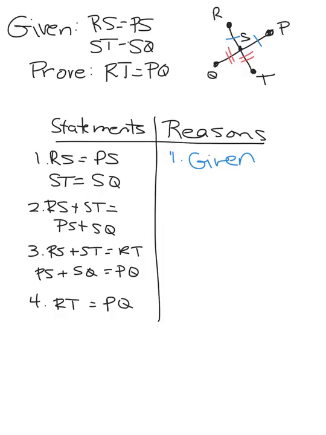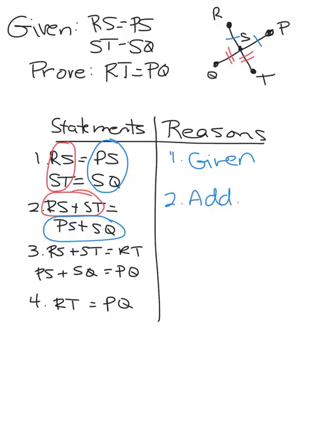If you look at the step above, RS plus ST is right there. We have two equations, and what we did is we chose to add two parts of the equations together. If I look at the other part of those equations in step 1, PS and SQ, I added those together, so I combined those. So the reason for number 2 is addition property of equality,